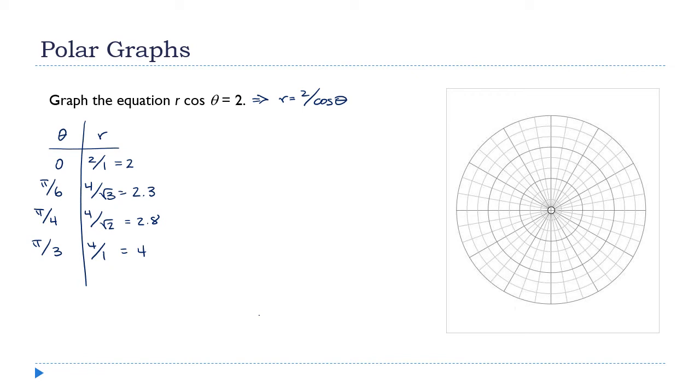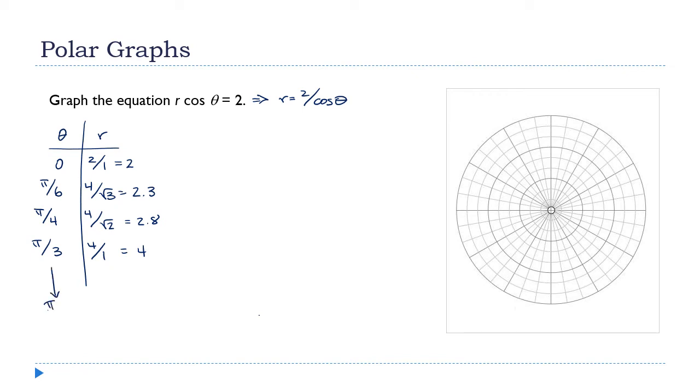the next angle that I know the cosine of is pi over 2, and I can't do that because cosine of pi over 2 is 0. Then I get 2 divided by 0, and I'm in trouble. But that does kind of tell me what's happening here, right? As these angles approach